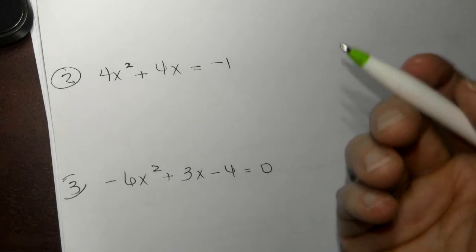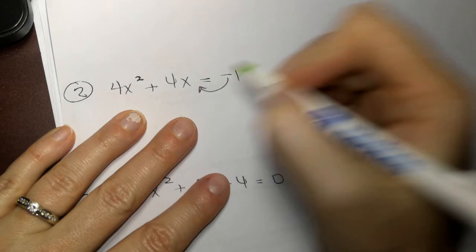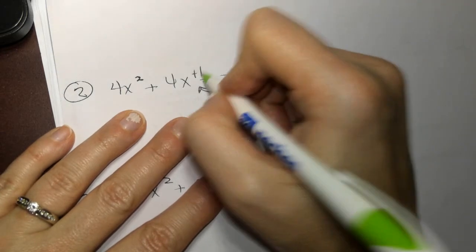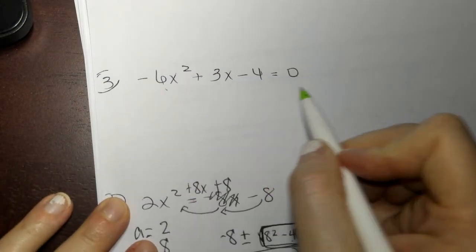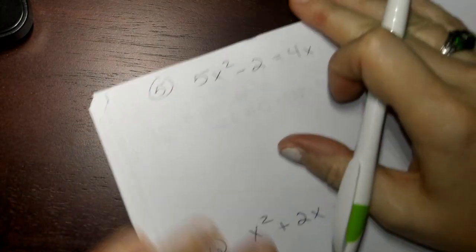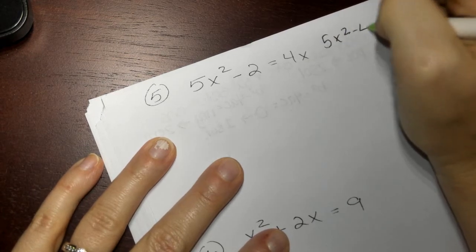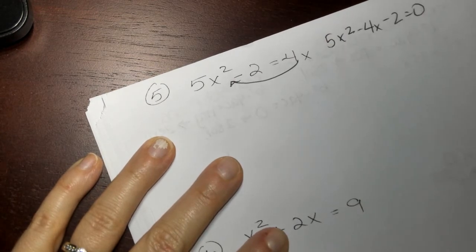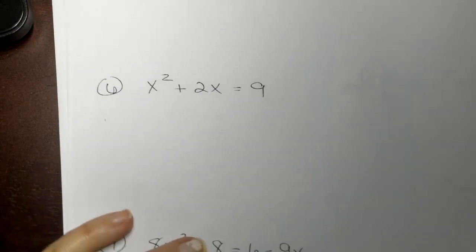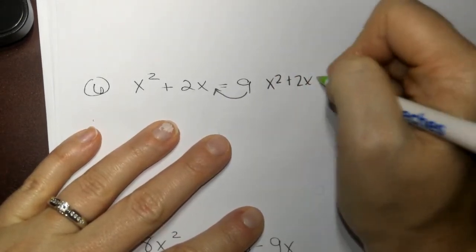Remember, put it in equal to 0 first. So right here, your c is not going to be negative 1. You got to put that negative 1 on the other side, and it becomes positive 1. So your c is positive 1. 3 looks like it's all good. It's all equal to 0. Let's look and see what 5 does. Ooh, 5, we need to rewrite: minus 4x minus 2 equals 0, because we need to move this to the other side. 6, we need to move this 9 over, so it becomes x squared plus 2x minus 9